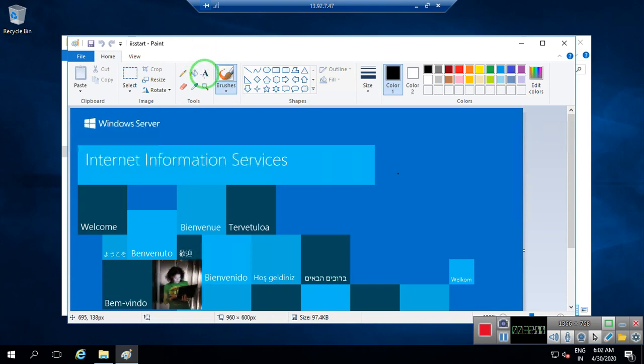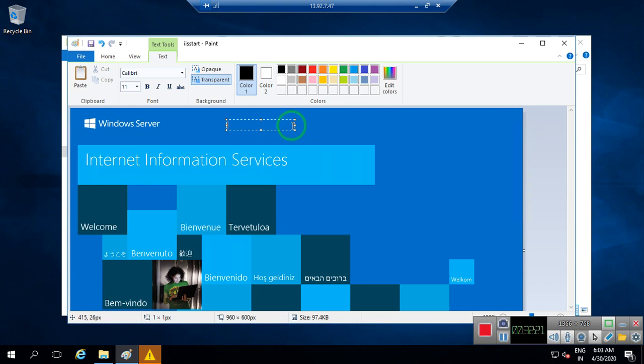Okay, so I can choose to just modify this page. I just click on this. Now I need to write something.